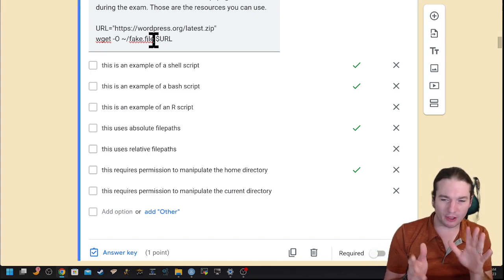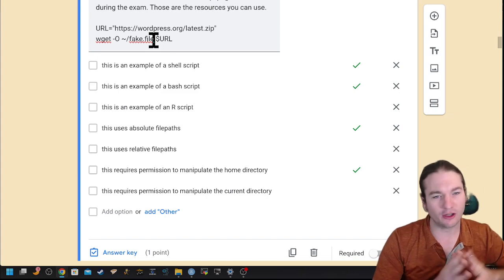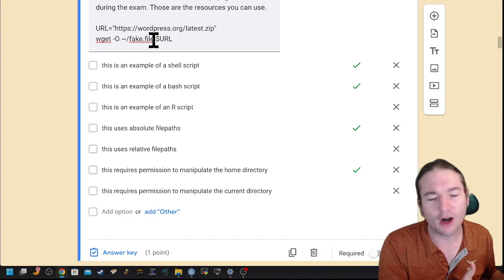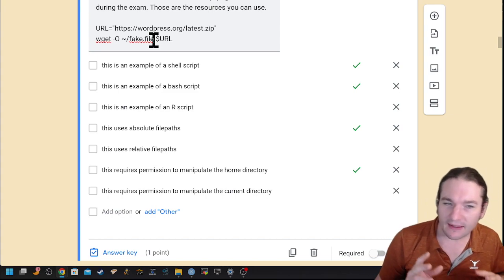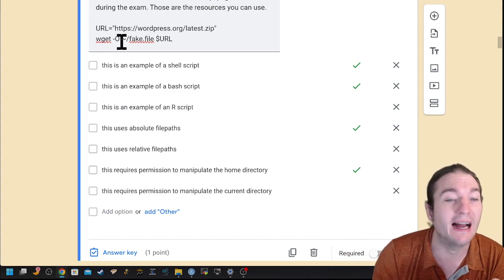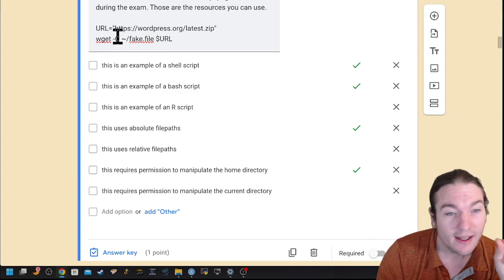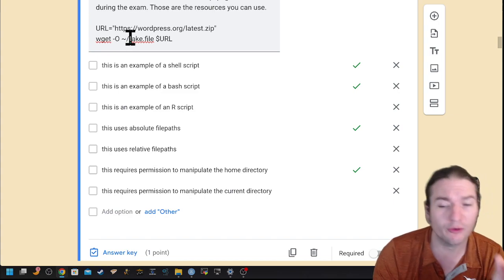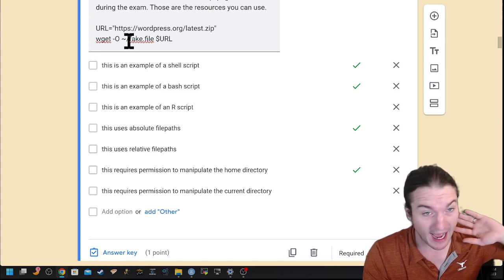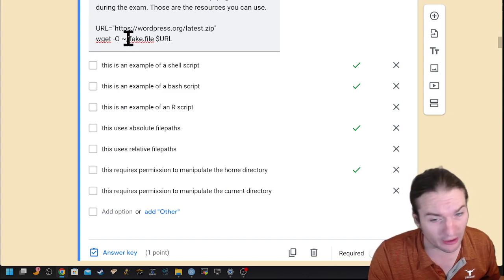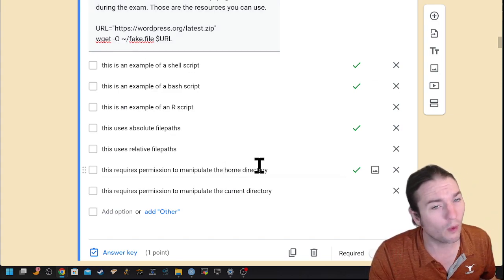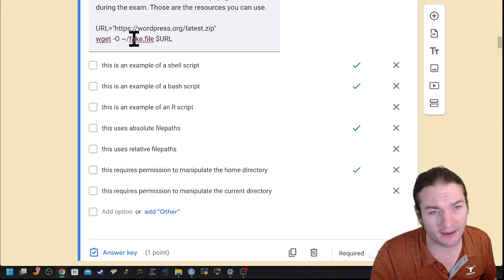And it means that even though our terminals have this concept of a current directory, or a working directory when you're using R vocabulary, the idea of the current directory doesn't matter because I am specifying that the home directory is where this should be made. So it doesn't matter where my terminal is currently looking. It doesn't matter if I have permission to write to the current directory. The only directory that would matter here is the home one because it's an absolute file path.